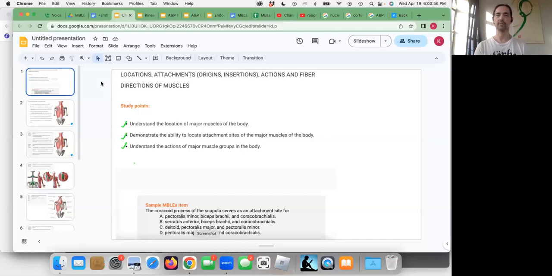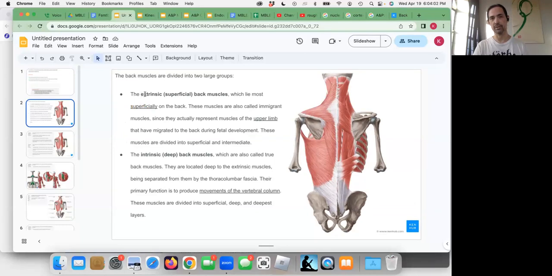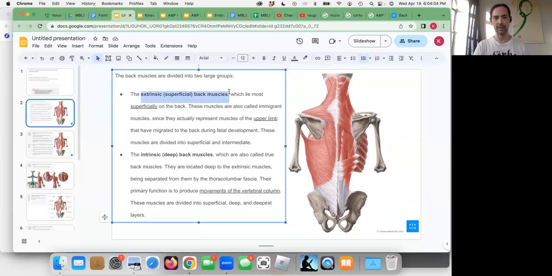They're basically organized by, broadly speaking, where they attach. So first there's the extrinsic superficial back muscles, right? And then there's the intrinsic superficial back muscles. So let me just read what the